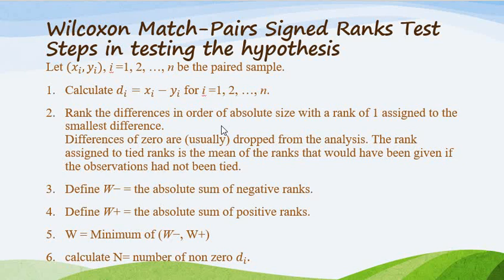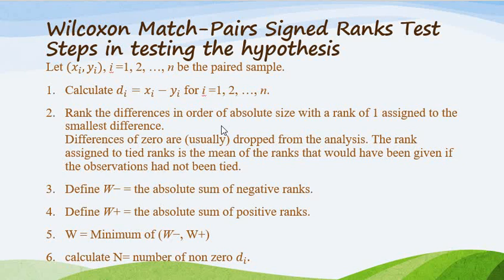If a tie occurs, that is, if the fourth rank, fifth rank, and sixth rank come to the same observation, that is, if the observation is repeated 3 times, in the fourth, fifth, and sixth position, the average (4 plus 5 plus 6) by 3, which is 5, is given to all the observations. And if it is repeated only 2 times, that is fourth and fifth, (4 plus 5) by 2, 4.5, is given as the rank to both the observations. Likewise, we rank the observations.